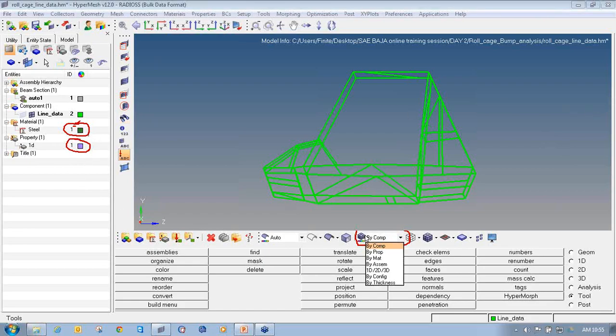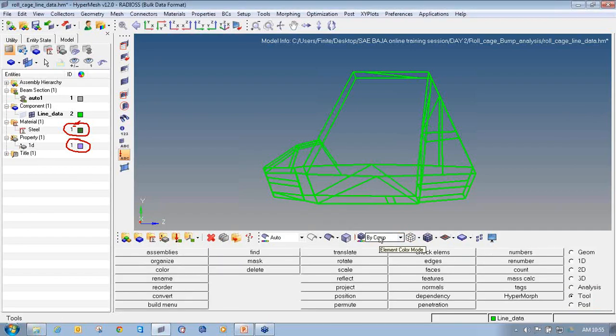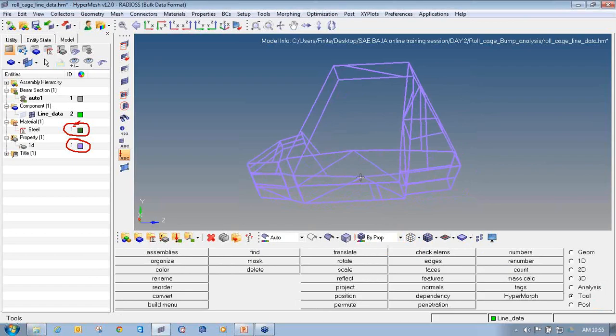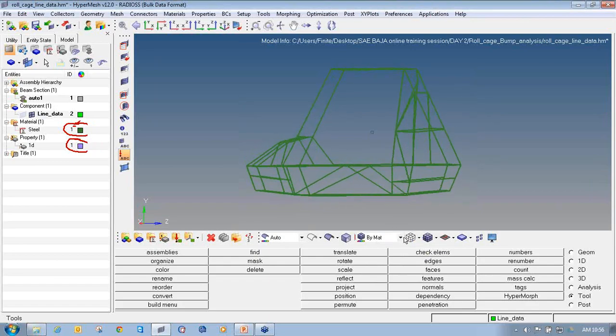So click on the drop down box of element color mode and click on by property. As you can see here, it is showing the color of the property. Again, if you click on element color mode and select by material, it is showing the color of the material. So my elements have been assigned the proper material and property.